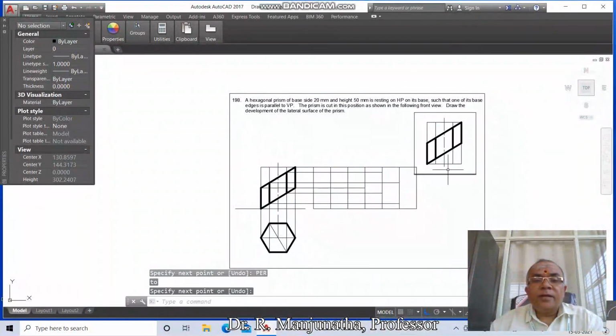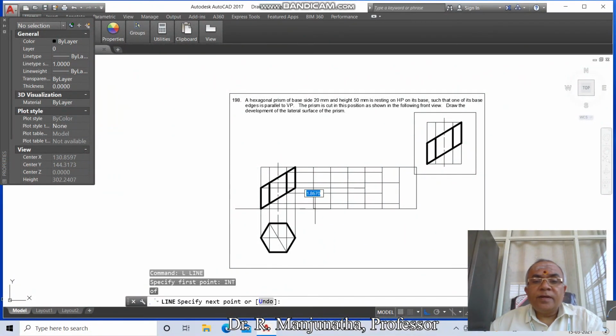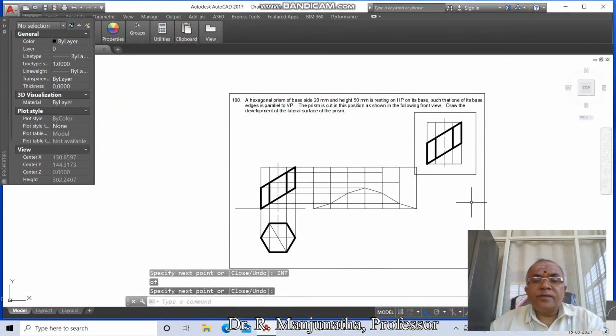Then go to line there, then go to line, take int of this and take intersection point of this and take int of this and take int of this, then take intersection point of this, then go to line int of this and then go to line int of this.